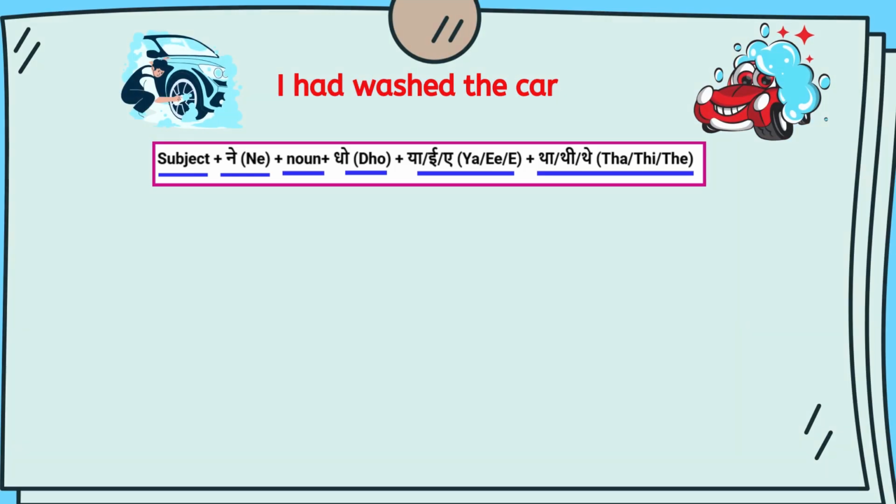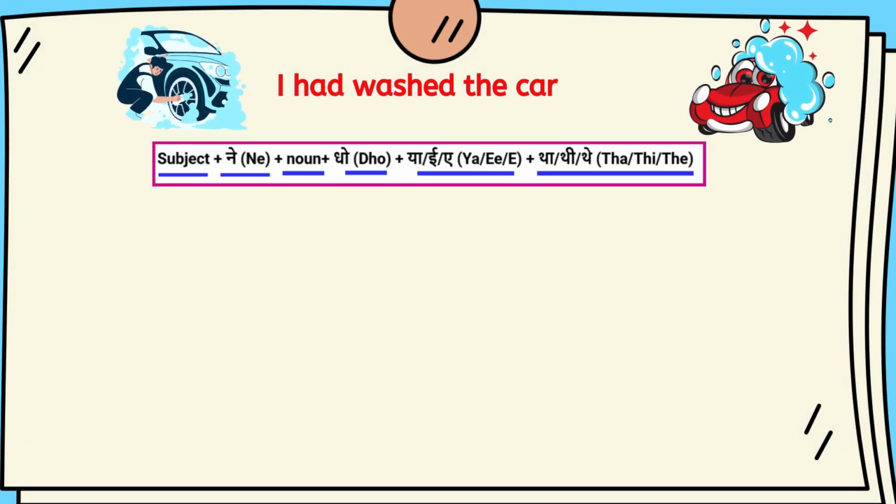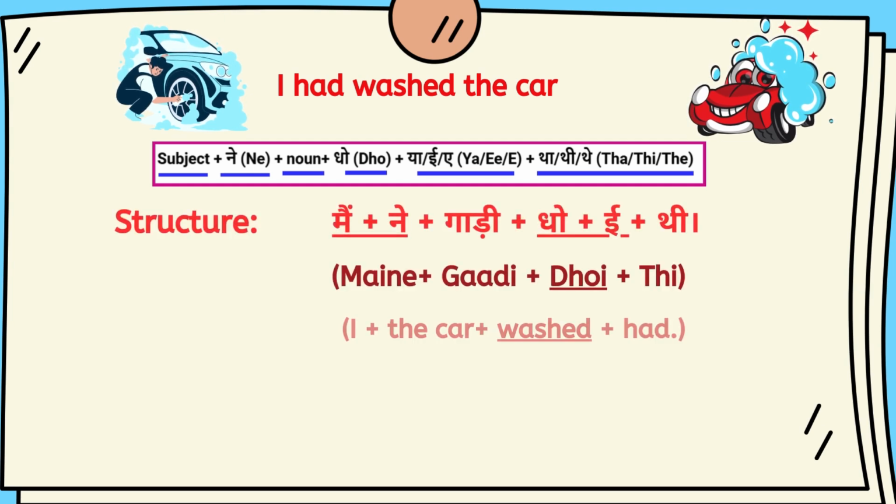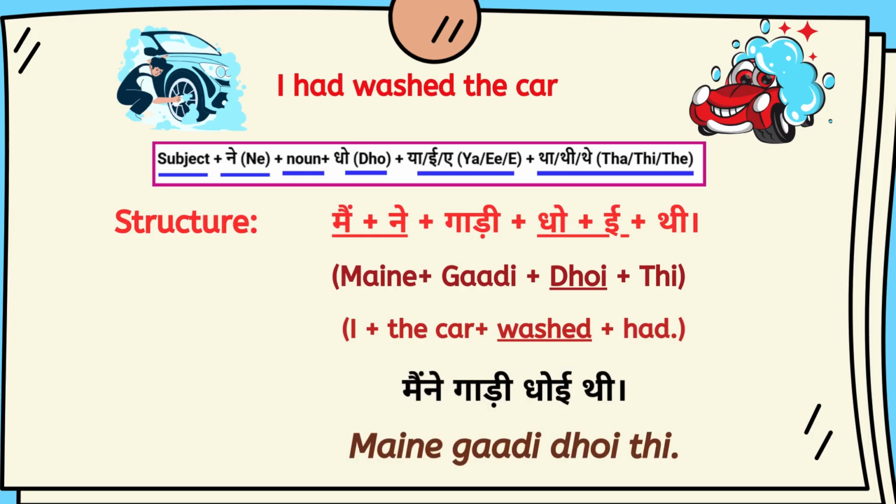Let's take another example. I washed the car. It will become मैं followed by ने, that becomes मैंने, followed by गाड़ी plus धो plus e becomes धोई plus थी. मैंने गाड़ी धोई थी. Now here's how it breaks down. मैं means I. When this मैं is followed by ने, which is the past tense marker for transitive verbs, it